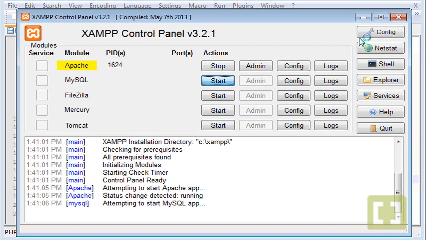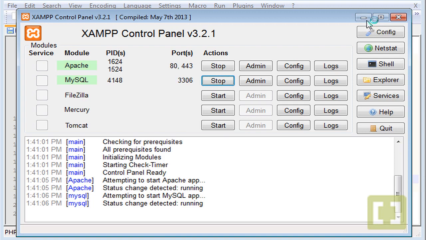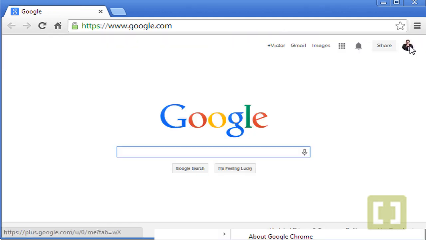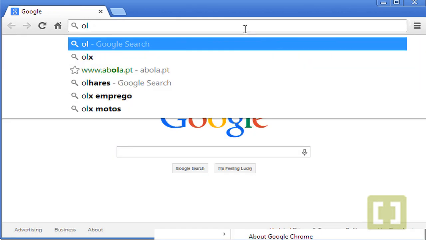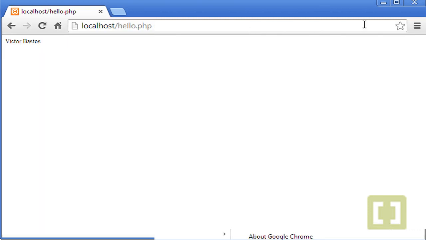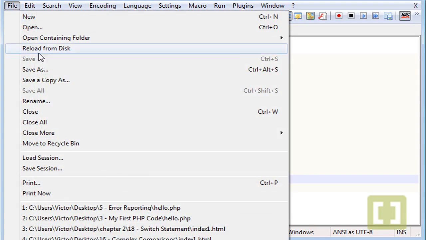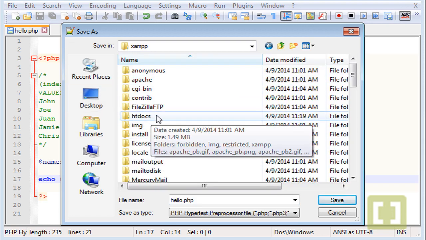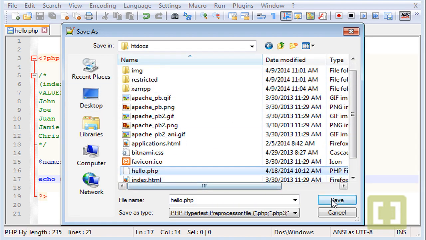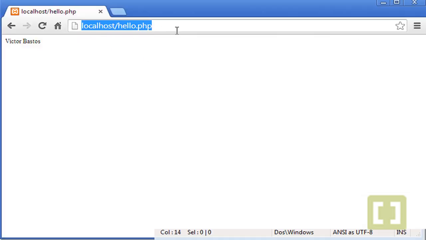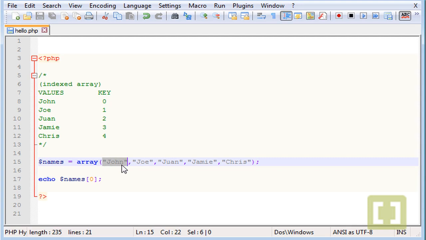I forgot to start PHP and MySQL. There it is. Okay, let me open the browser. Now localhost hello.php. Okay, so nothing happens because I have to save this in my XAMPP folder. Okay, guys, in the htdocs folder as hello.php, saved it. Okay, so let me go back to the browser, refresh, there it is. Okay, John. So we output